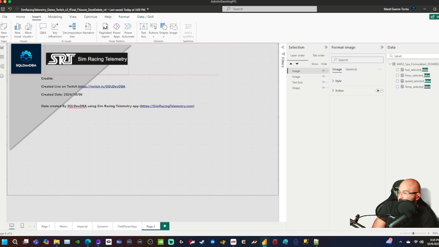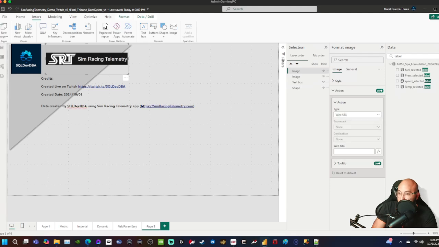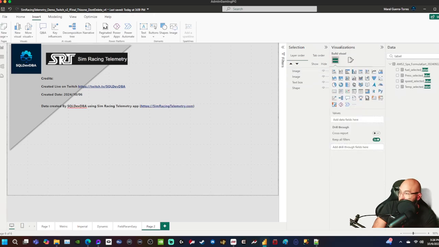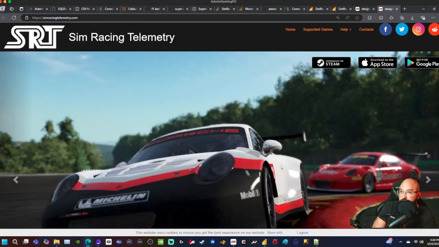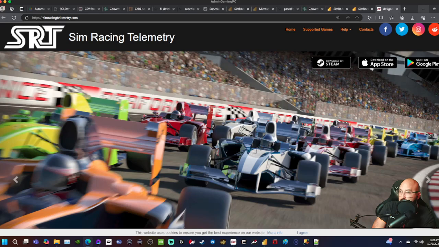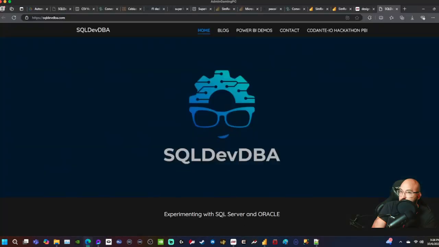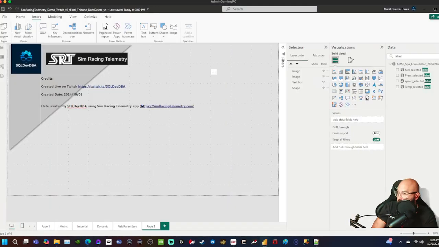Like that. Add it right here, and then have the action be a web URL. And I'll reach out to them, and if they are not cool with me doing that, then I will 100% take it down. That goes to simracingtelemetry.com, and let's just make sure that that works. It absolutely does. Fantastic. And so does mine. Before I publish it, just want to make sure. Yep. All right. So